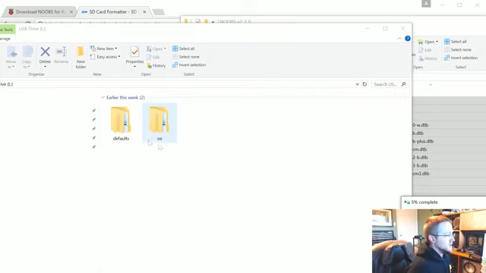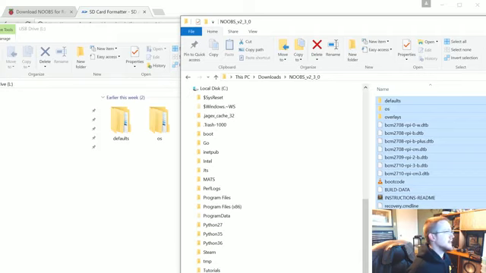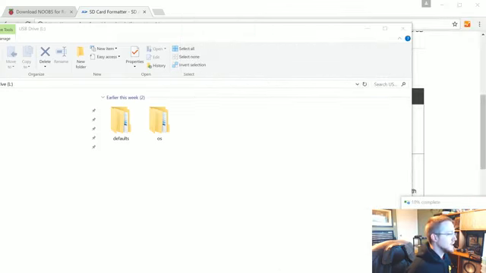Might take, I suppose, a second. That's taking a while. I think it's only a gigabyte. I don't know why it's taking so long. Just a lot of files, I guess. Anyway, go ahead and do that, and then whenever that's done,